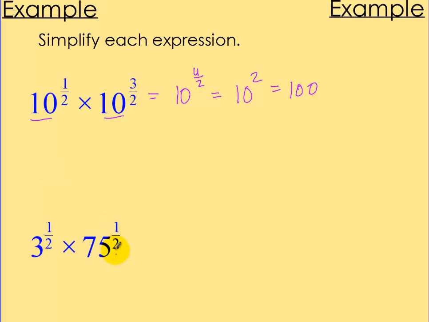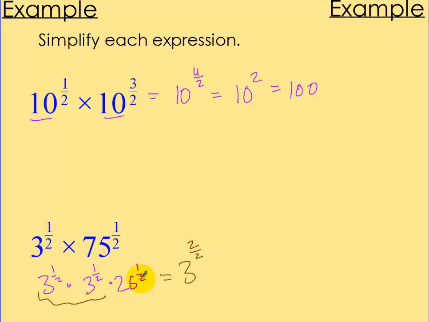Now this next example, this will get a little tricky here. So they're not the same base, so we can't combine, but we can rewrite this 75. 75 is the same thing as 3 times 25. So I can rewrite that as 3 to the 1/2 power times 25 to the 1/2 power, and times this 3 to the 1/2 power. All right, so let's break this up into two parts. 3 to the 1/2 and 3 to the 1/2, that's going to equal 3 to the 2/2, right? And 25 to the 1/2 power,